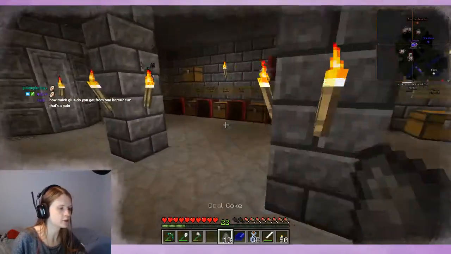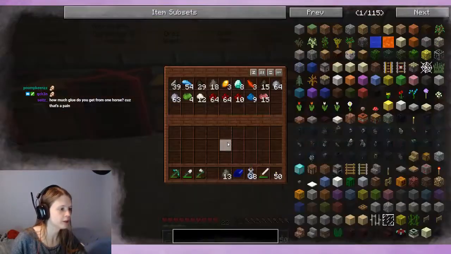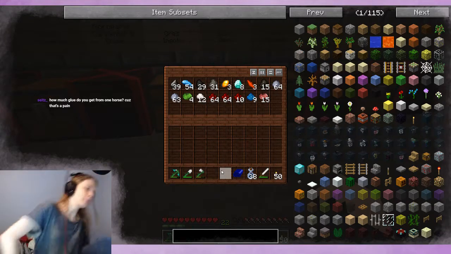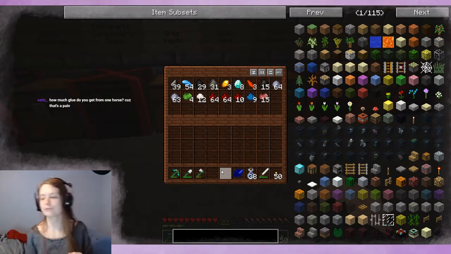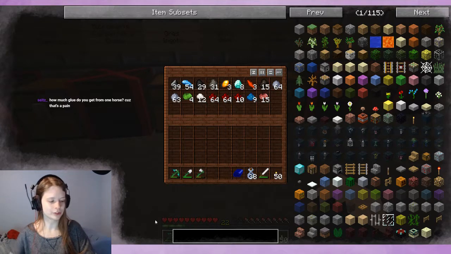With the blast furnace, you can only use either charcoal or coal coke, and it takes a while to make. How much glue do you get from a horse? I think it varies on how many hits it takes to kill the horse, so it depends on the horse itself, and if it gets a regeneration tick and stuff like that. In general, it takes a few horses. So if you look at